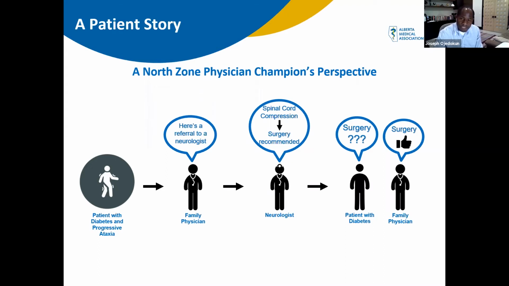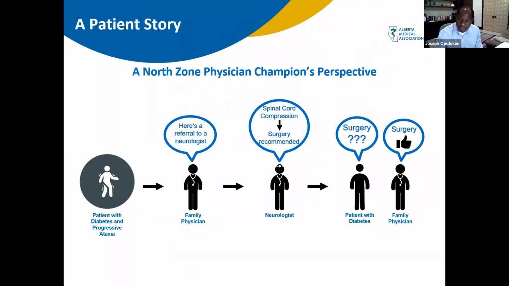However, we can feel disempowered if we feel left out of the loop just because our patients are visiting other facilities for care and we are not able to provide important information that would contribute to their care. So this story I want to narrate is about a patient I saw about 2 years ago. It's a middle-aged diabetic gentleman who developed a